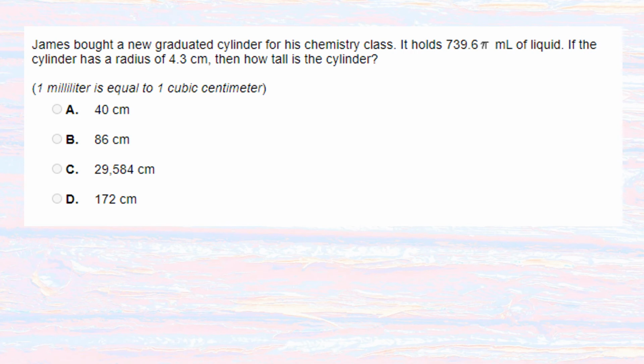James bought a new graduated cylinder for his chemistry class. It holds 739 and 6/10 pi milliliters of liquid. If the cylinder has a radius of 4.3, how tall? Okay, so we've got to write our volume first. The volume of a cylinder is pi r squared times the height. So we're going to plug in what we know. We know the volume, 739.6 pi. So we're going to leave pi alone. Equals pi. We know our radius, it's 4.3